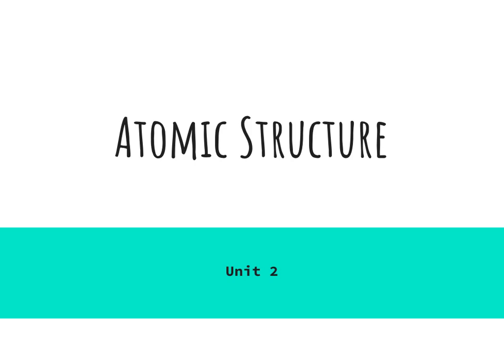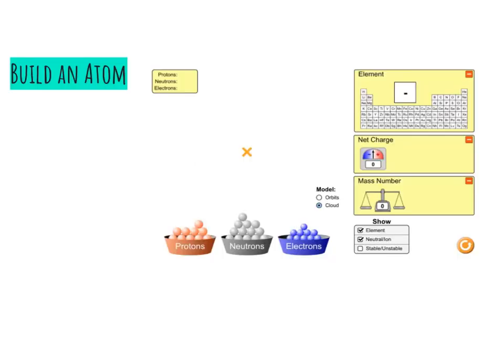So we're mainly going to go over what an atom is, what the different parts of an atom are, and then how those different particles within an atom change its identity, as well as how we use different notations to talk about atoms. So we recently did this Build an Atom lab where you were able to add protons and